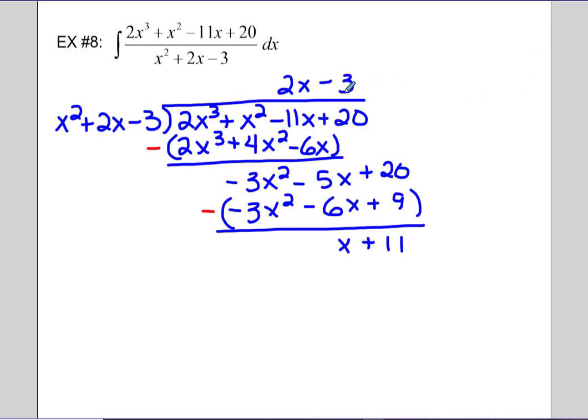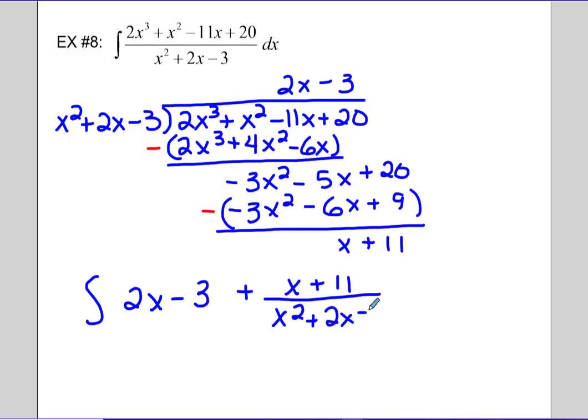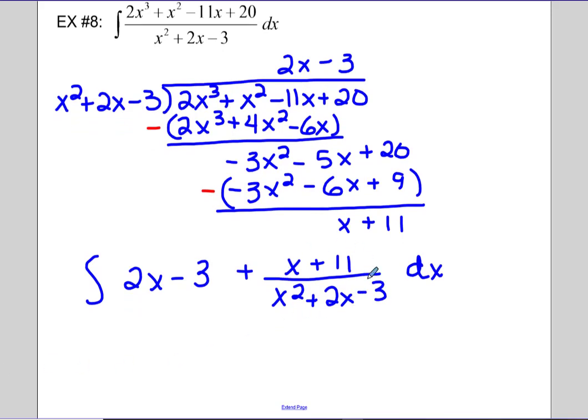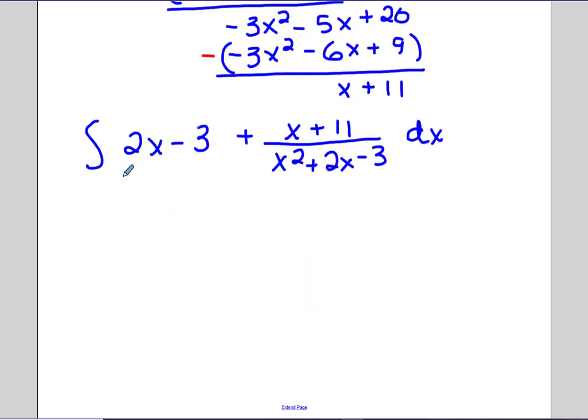So if you used long division, you ended up with your integrand being 2x minus 3 plus (x plus 11) divided by x squared plus 2x minus 3. And I don't know if you can see it from here, but this is going to be an issue where we need partial fractions. So we can integrate and get 2x minus 3, and using the idea of partial fractions, we've got x plus 11 has to be